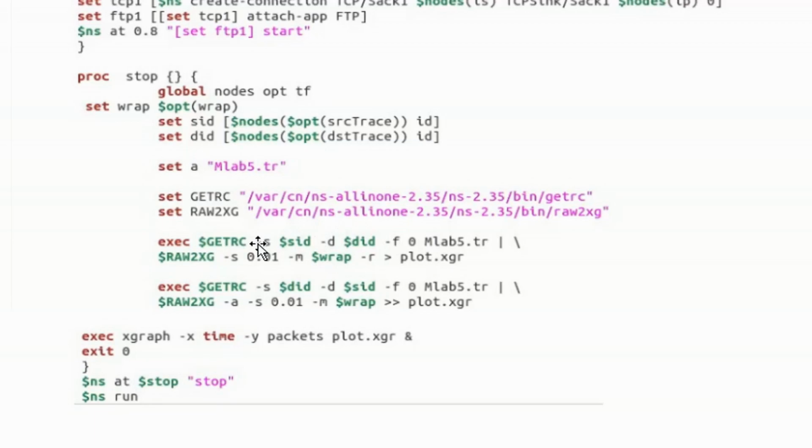So it is like getrc file, source trace file, which is the source web trace file, minus d is the destination, and then the destination trace file, this is also a web trace file, and then minus f is nothing but flow. My flow is 0, I've declared, right? That means end-to-end flow. So flow is 0, and then I'm also giving my, as usual, trace file, whatever I have. This one, right? This pipe and then backslash.